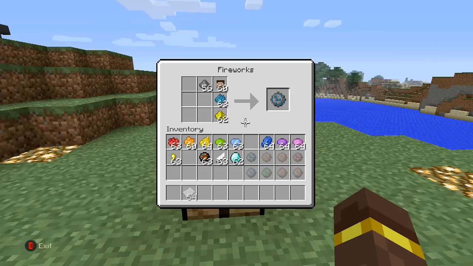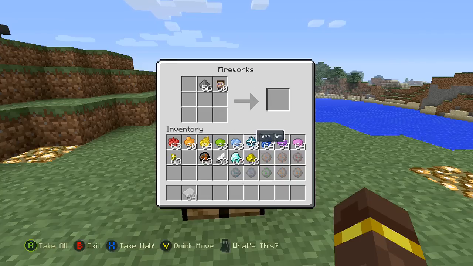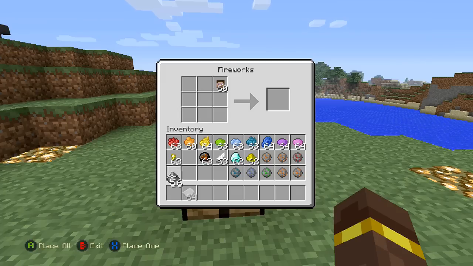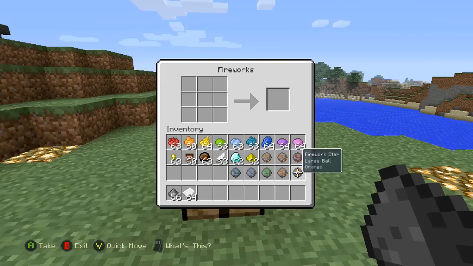Now, the last major thing that you can do with firework stars here is, if I go ahead and put these back down here. You can see it's kind of interfering with my area here because we're making so many different types of fireworks. So we'll bring this down here. Bring this down here. Okay, so now what you can also do, once you've crafted any kind of firework